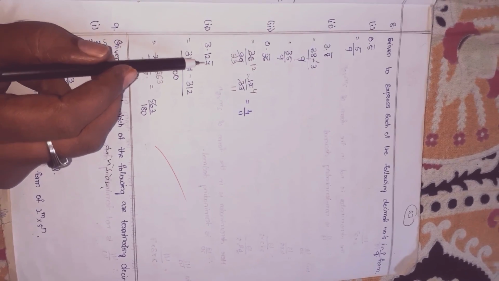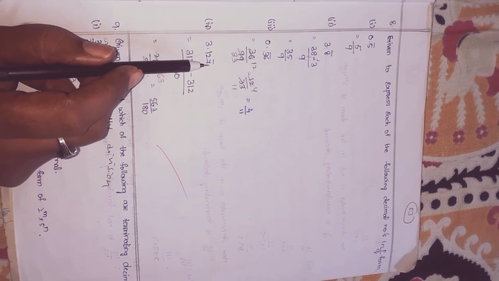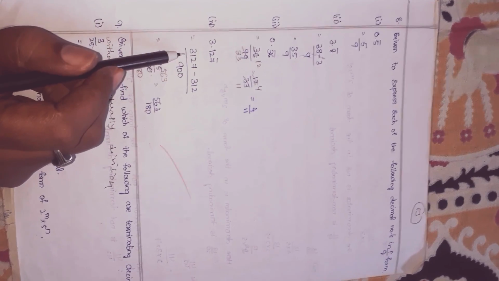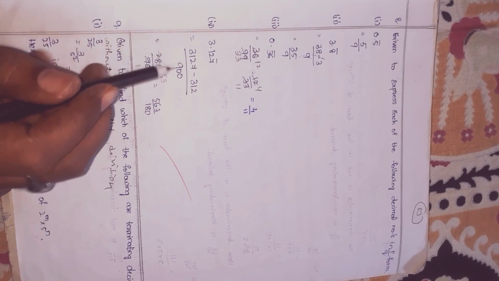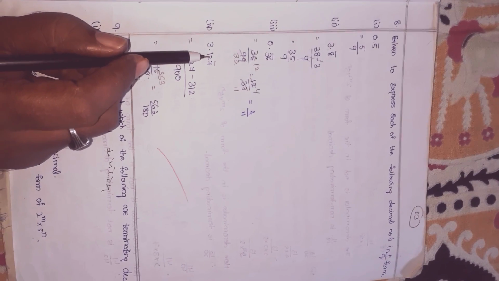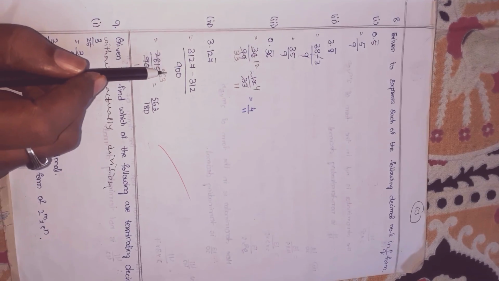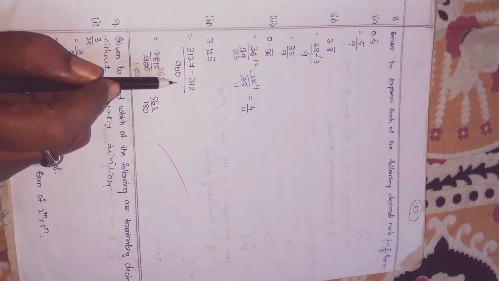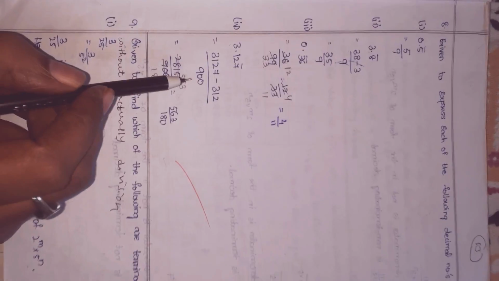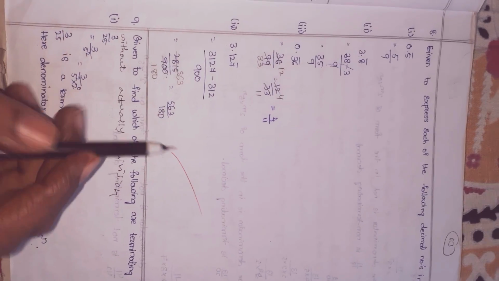So after the point, under the bar how many digits are there? Only one digit. So only 9 you should keep, children. So after the point, without the bar how many digits are there? 2 digits. So for those 2 digits you should keep 2 zeros, children. Is it clear? This is one of the important and new model problems, children.